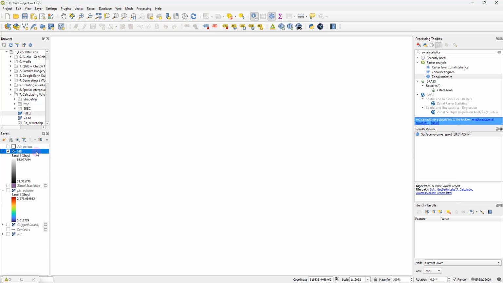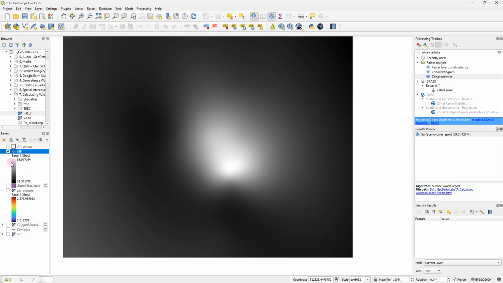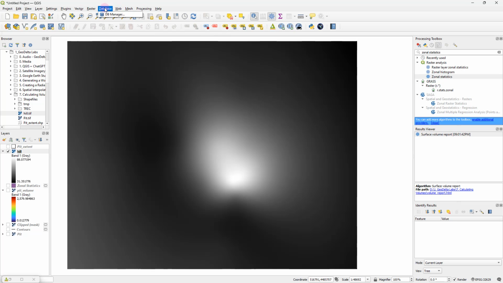If I drag that and drop it over here, and let's zoom into that. So right over here, if you look at these elevation values, you can see that we have the lowest elevation to be 31.3 and the highest to be about 88 meters over here. So if I were to generate the contour lines by heading over to this contour tool,